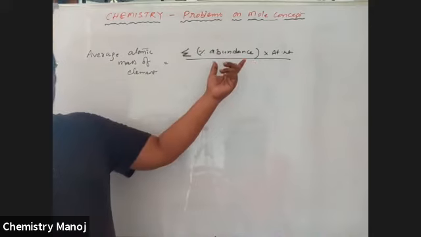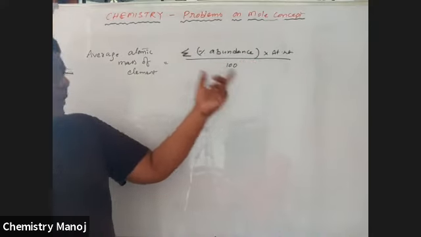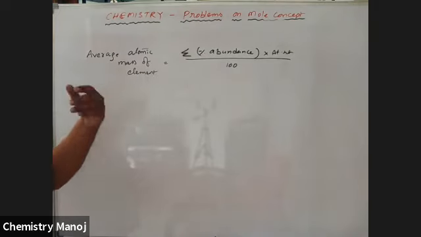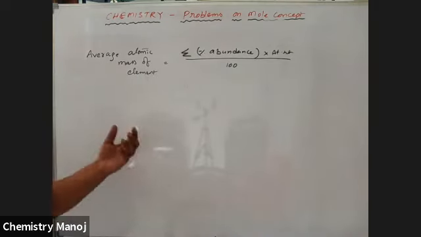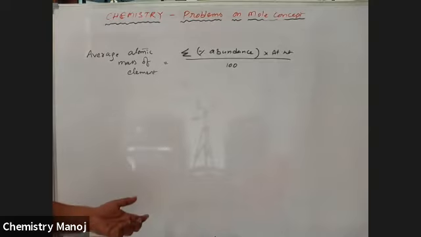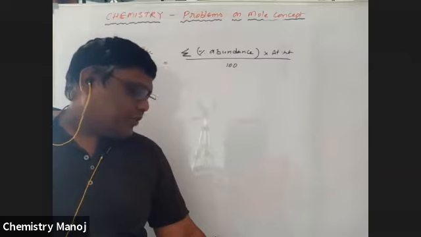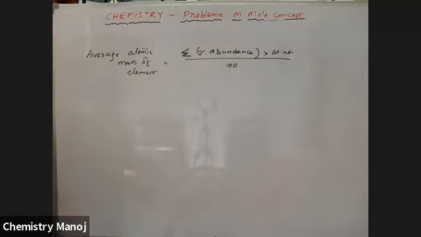So one more, I'm going to take one problem on this concept. It is one of the methods to calculate the atomic weight of an element. In particular, it is average because when isotopes are given to you, their atomic mass and percentage abundance are given to you. By using that, the exact atomic mass is calculated. So average atomic mass of an element is equal to sigma of percentage abundance into atomic weight by 100. Okay, so note down the problem here.